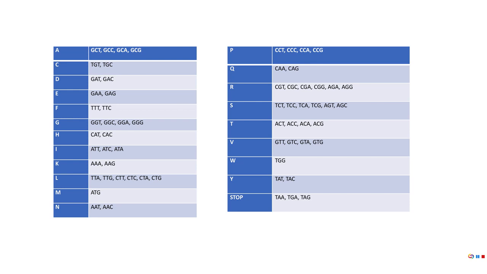Now, you may already have worked out that we might have a bit of a problem. I said there were 20 different letters in the protein alphabet. There's also a stop character. But in our alphabet, there are 26 letters. So in the protein alphabet, there's no B, Z, X, J, U, or O. So if your name is Boris Johnson, you're going to find it quite difficult to spell your name using this code. So if your name contains any of these letters, you're going to have to be a bit creative.